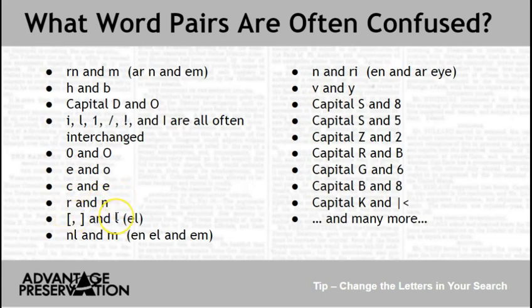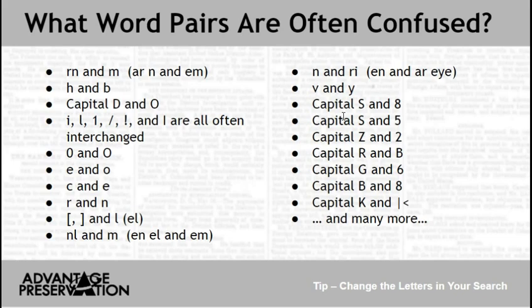Brackets and an L. N, L, and an M. Look over here. N and an RI. Look how close that RI is to an N. That could be easily mistaken for an RI rather than an N, or vice versa. A V and a Y. A Y is just a V with a little tail, and that could be an ink spot. And we have a number of capital letters here. So as you can see,